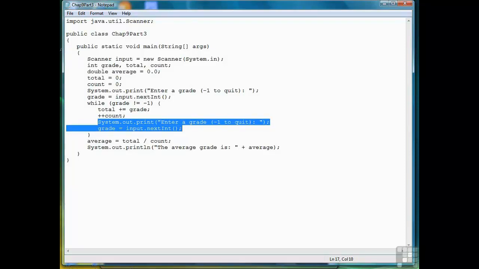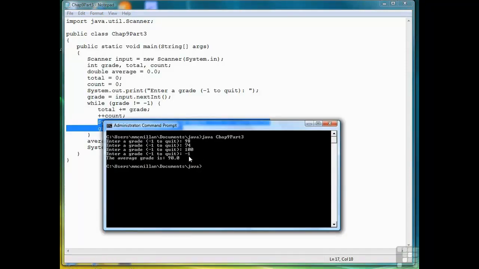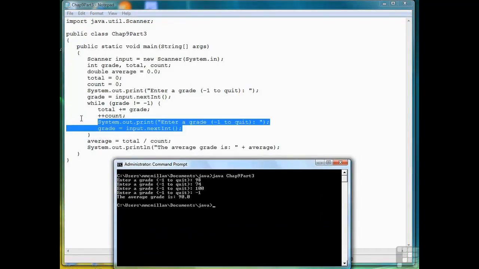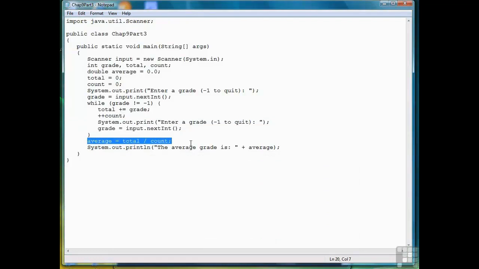Let's go back to the DOS prompt. That happens when we enter -1. Then it jumps out of the loop, computes the average by dividing total by the count, and then prints the